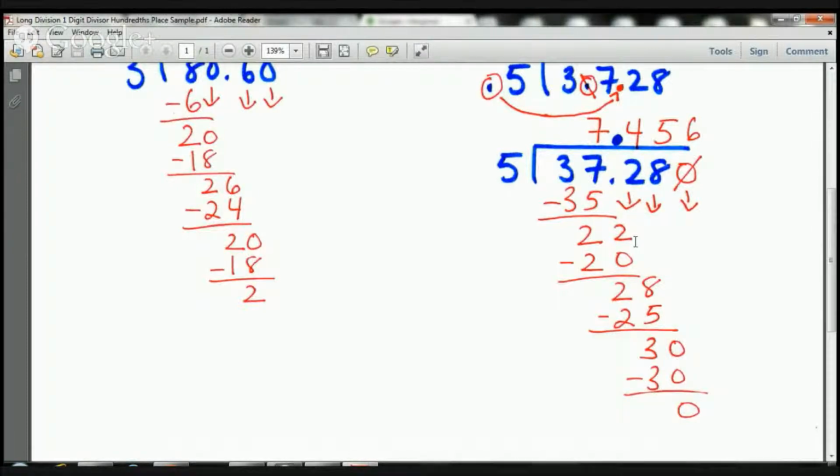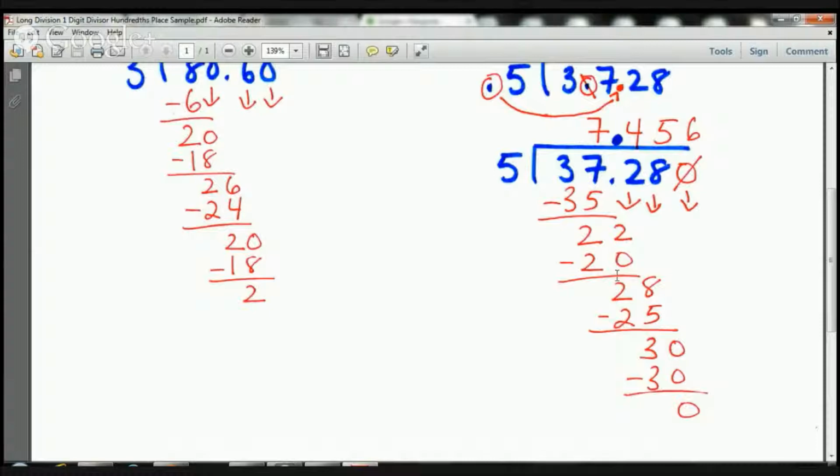I know 5 times 4 is 20. 5 times 5 is 25. Well, I passed it, so it's got to be 4. I'm going to put our 4 here. 5 times 4 is 20. I'm going to put my 20 down here, my subtraction sign, my line, and then it's going to be 22